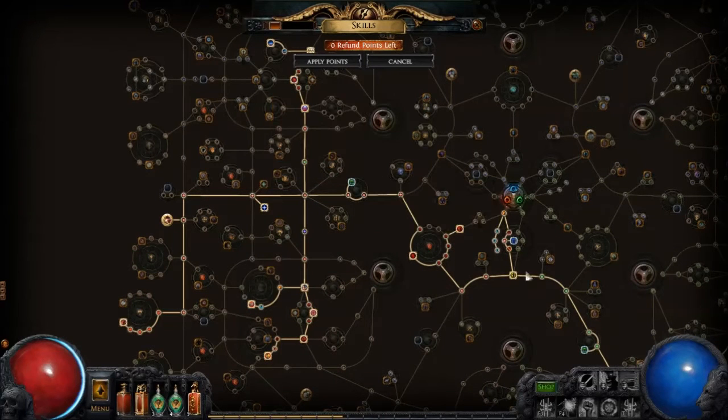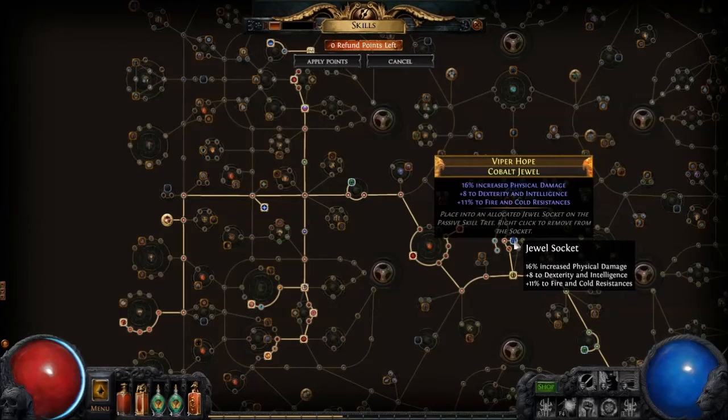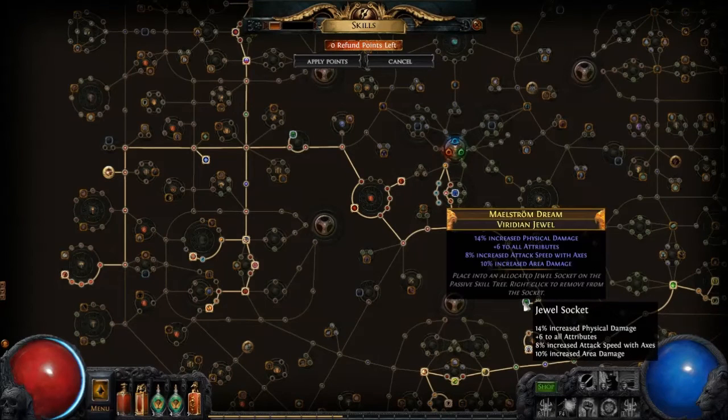Now you do get a few jewel sockets as well, which is great. As you can see, jewel sockets are great. You can put in 16 physical damage. These are not very expensive jewels. This one's a good jewel. You got 14% increased physical damage, 8% increased attack speed with axes, 10% increased area damage. So you got all those 3 abilities stacked onto one jewel, which is normally about 3 to 4 nodes just to get those